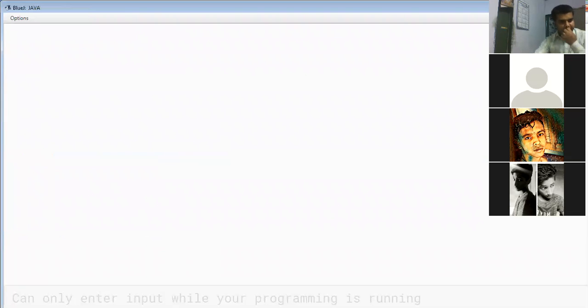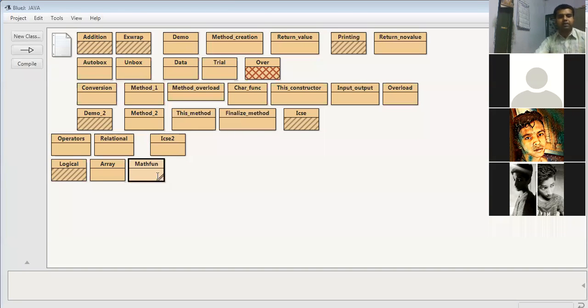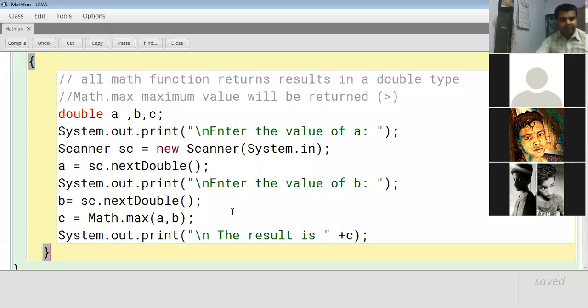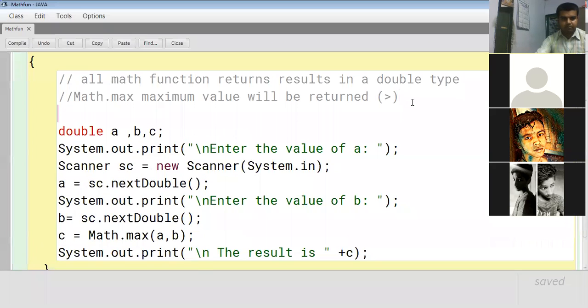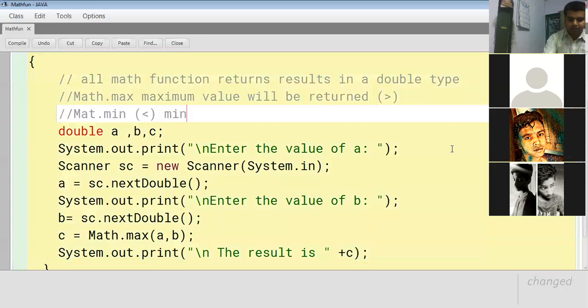Now I will move on to the next mathematical function that we will have, that is math.min. I'll just edit this part. This is the alternative of the less than sign, which is also one of the relational operators present in Java, to calculate the minimum value.